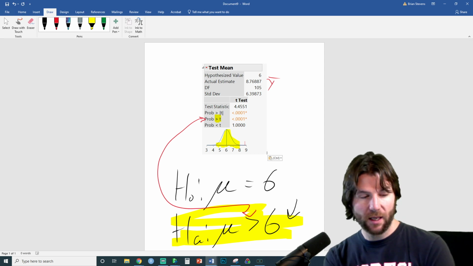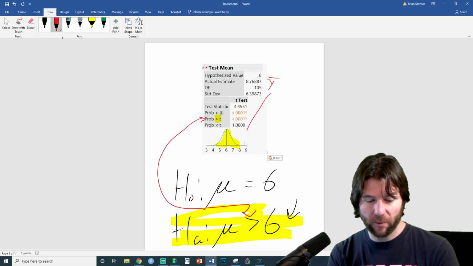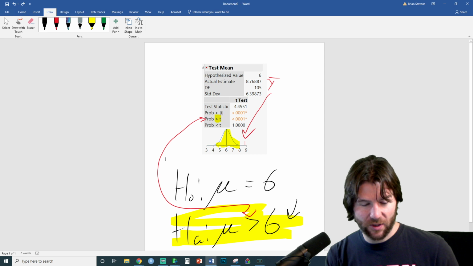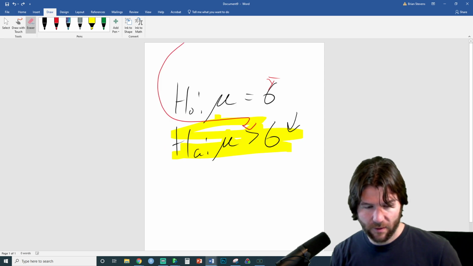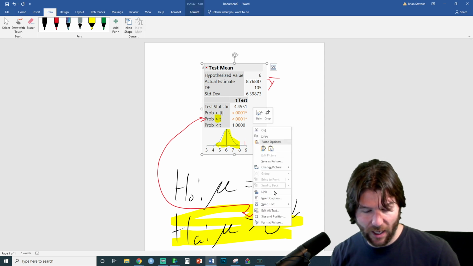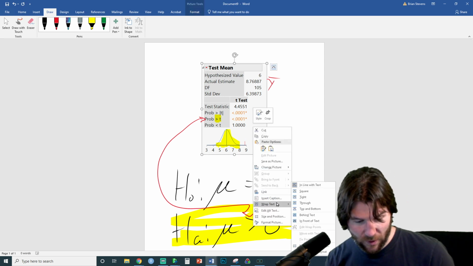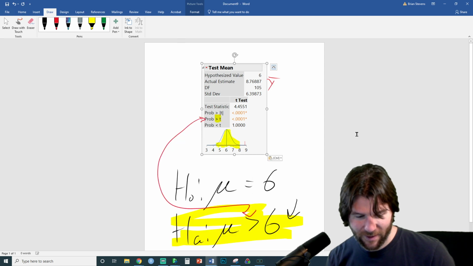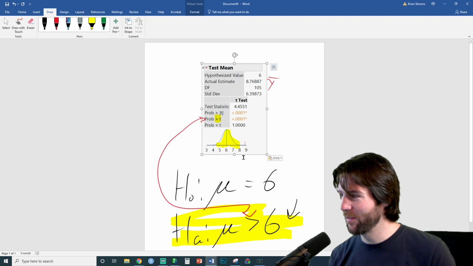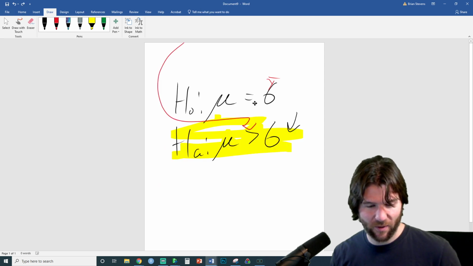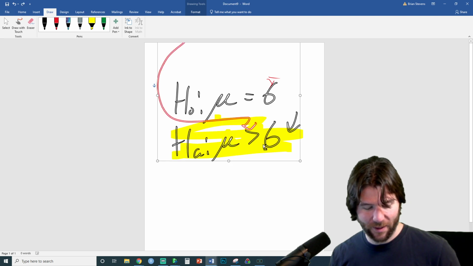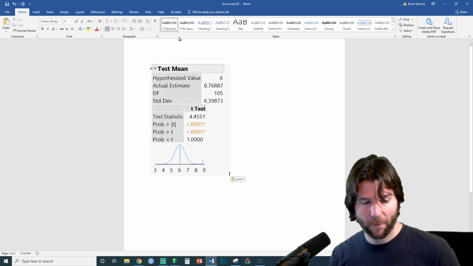If you notice right here, here is our observed mean. And can I erase? No, we just got to erase one more thing here. It's off the screen. Dang it. I think I have to send this to back. Oh no, I can't erase that p-value stuff. That's going to make it confusing. Two seconds. I'm going to try to erase that p-value stuff. Okay. You know what? Let's just do it again. Here we go.